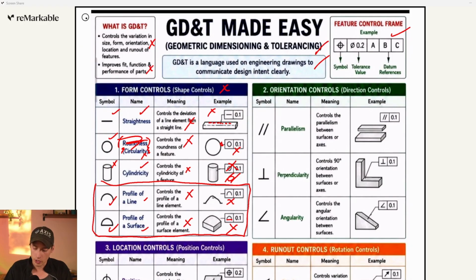Orientation control, direction controls. It's not a direction control, so we'll give that an X. The parallelism symbol looks good. The name looks good. Controls the parallelism between surfaces or axes. I would say it controls the parallelism between a surface or an axis to a datum reference. So this gets an X,